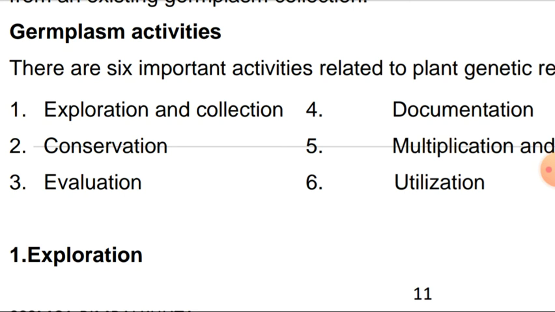So in case of exploration, these are nothing but trips which are conducted for the collection of the various types of the germplasm, or it is also called as a tapping of the genetic diversity from the various sources, and this tapping will be collected and it will be assembled at one place for the storage. So importance of the exploration will be we have to tap the different types of the genetic diversity from the different locations, and it will be stored at one place. It will be utilized in case of breeding program.